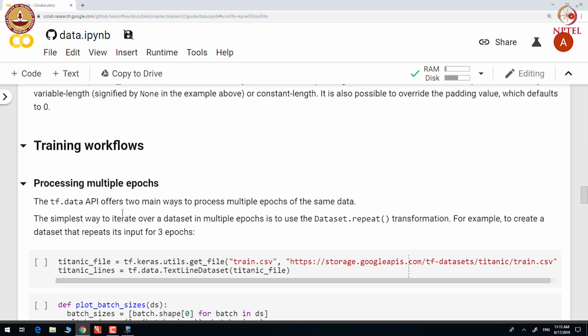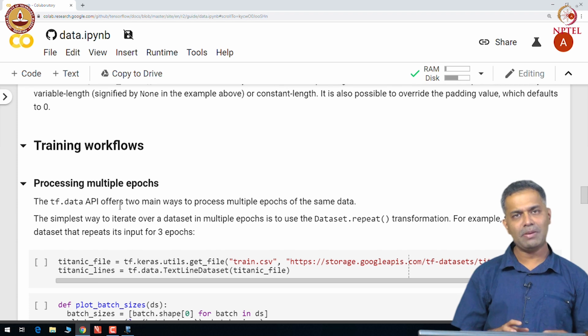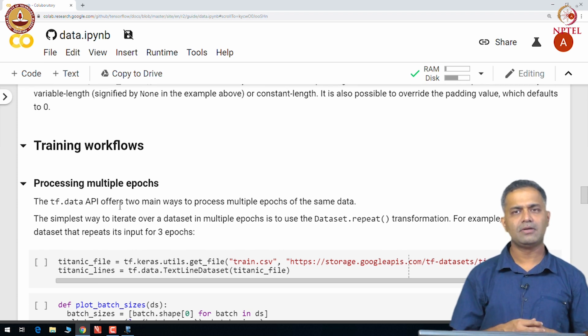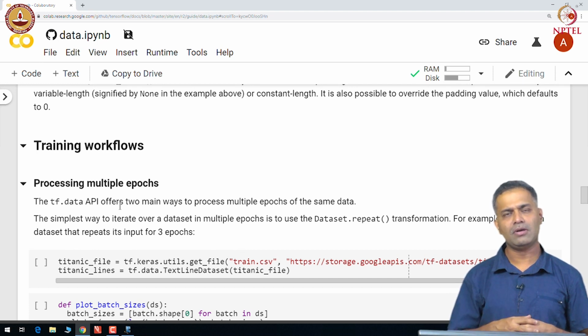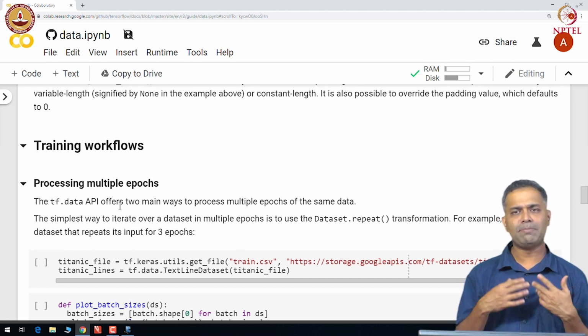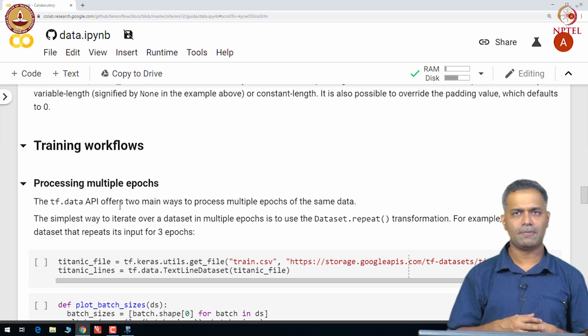Let us look at some of the training workflows with respect to the data sets. As you may be remembering, when we train a neural network or any other machine learning model, we make multiple passes over the data set.